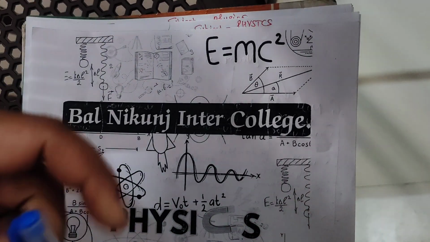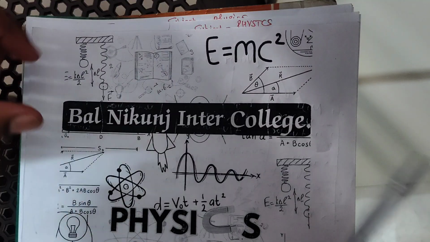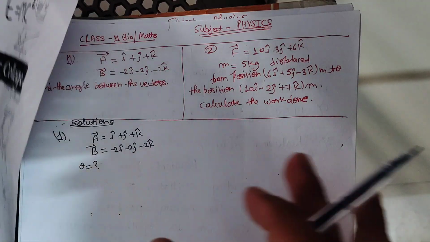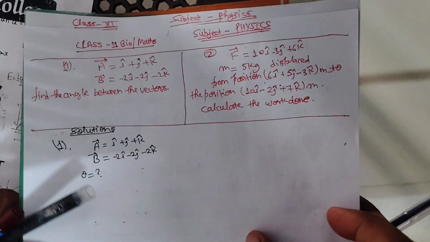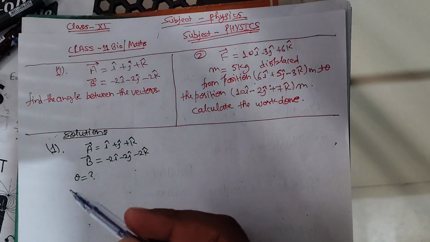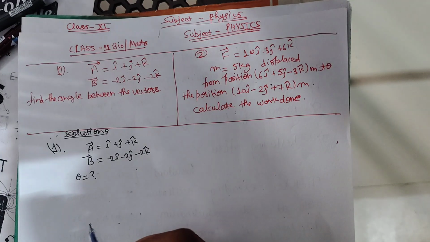In class 11th physics, we studied the vectors and their types. After that, we studied the addition and subtraction of vectors, and after that the product of vectors. I told you that we will study the triangle and parallelogram laws of vector addition in the next lecture, so you have to wait patiently for it.